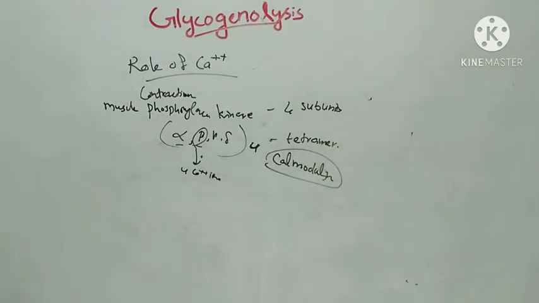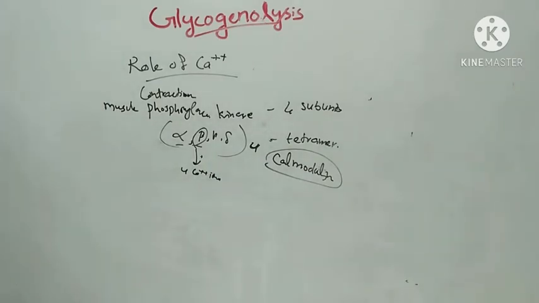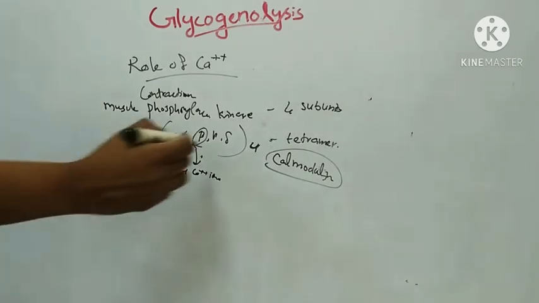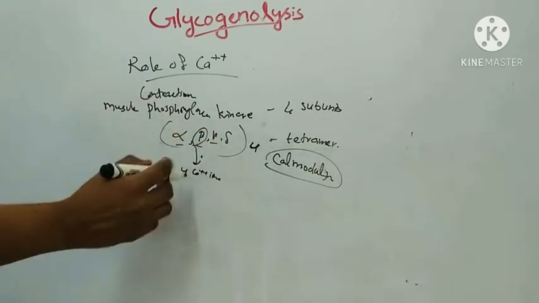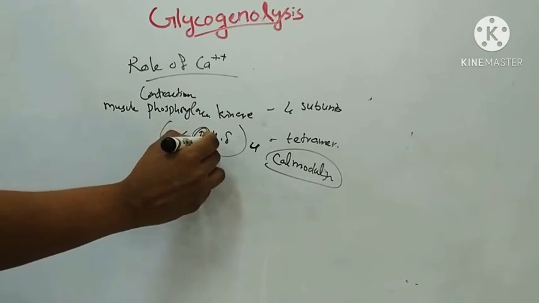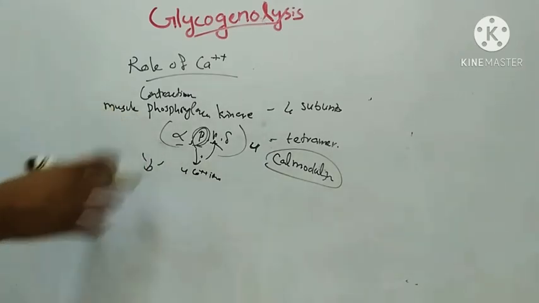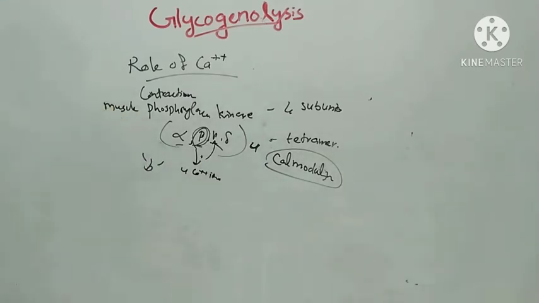Calcium binding protein calmodulin. The binding of calcium activates the catalytic site of the gamma subunit. Binding of calcium to the beta subunit activates the catalytic site of the beta subunit, while the molecule remains in the dephosphorylated B configuration. The phosphorylated A form is fully activated in the presence of calcium.